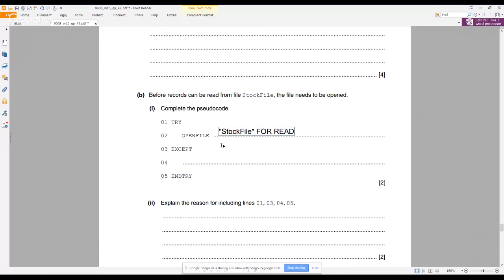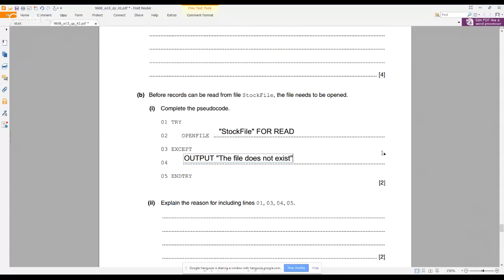But this operation can fail. And if it fails, we can, for example, print an error message. It's quite common. So instead of crashing the program, we just print an error message. And the error message is, let's say, the file does not exist. That's a typical error that occurs. If the file is not present in the file system, open file will throw an exception. We capture the exception so that we don't fail the program,